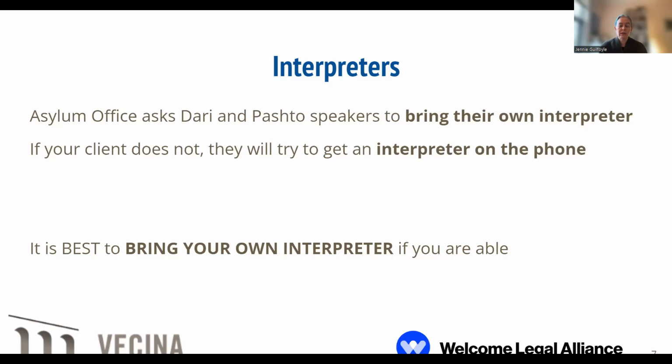When the asylum office assigns an interpreter, it's going to be someone who's over the phone, which already makes things harder to understand. And we've had lots of reports of applicants not really understanding the interpreter that well over the phone. And we've heard of interviews having to be rescheduled because the asylum office wasn't able to provide an interpreter that the applicant could understand. So if at all possible, the applicant should bring their own interpreter. And that also, number one, is not over the phone, it's in person, and hopefully that's a person that the applicant has had a chance to practice with and feels comfortable with.